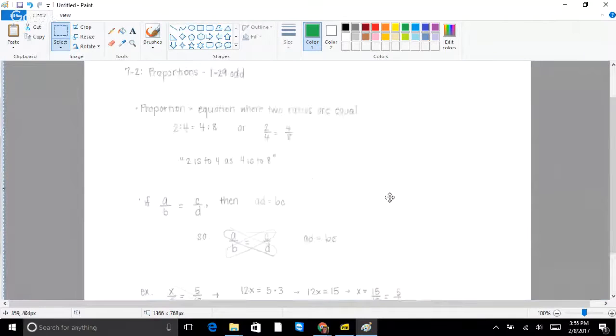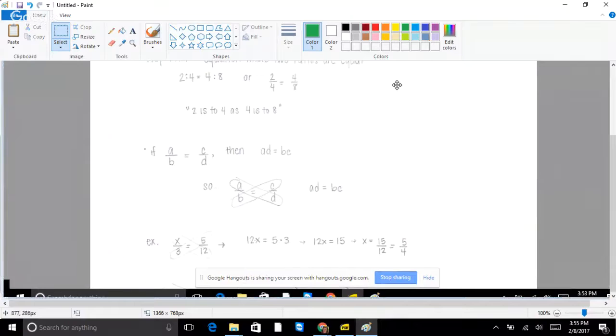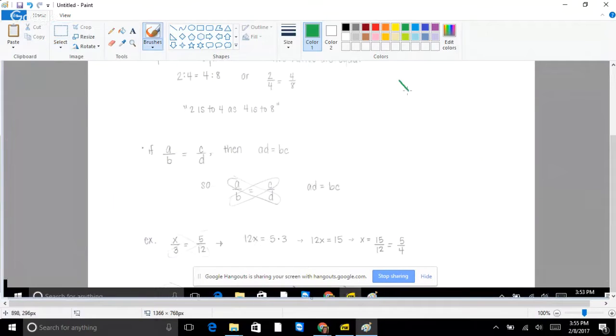When we want to solve a proportion. So you see there's an example down here. Now, if we have x over 3 equals 5 over 12, you may be able to solve this proportion without using the cross product, or I call it the butterfly. So you might be able to use it without